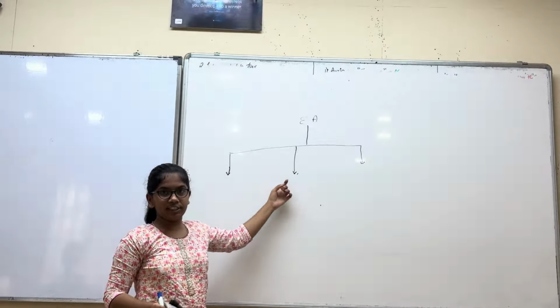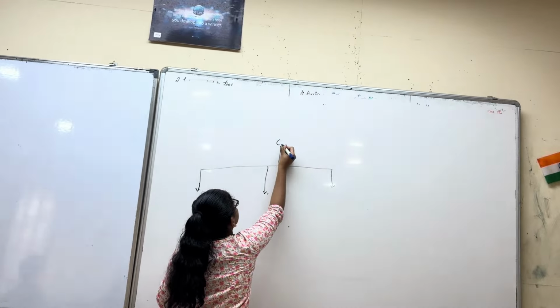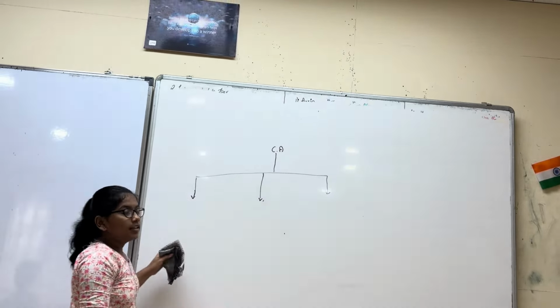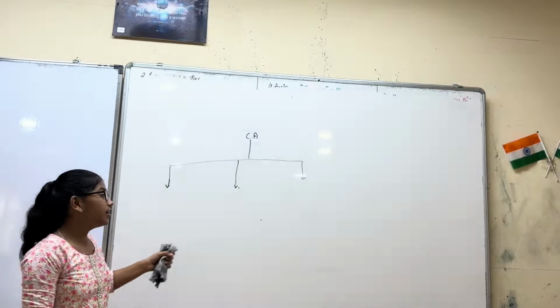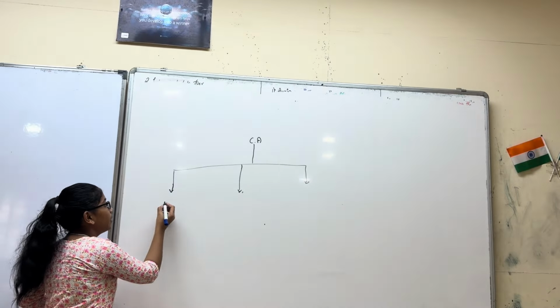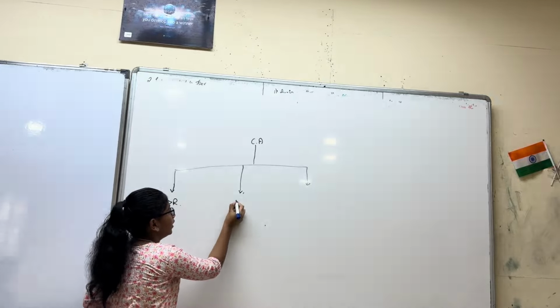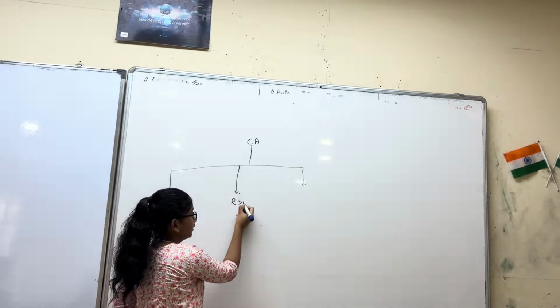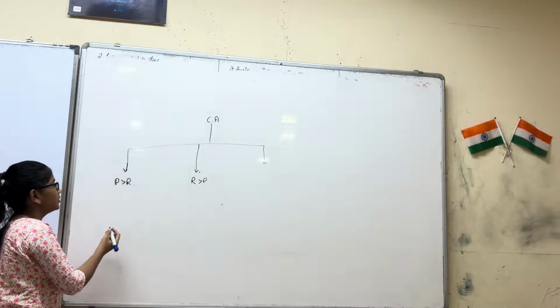Next one is concentration. There are three types in concentration analysis. Product is greater than reactant. Reactant is greater than product. Concentration of reactant